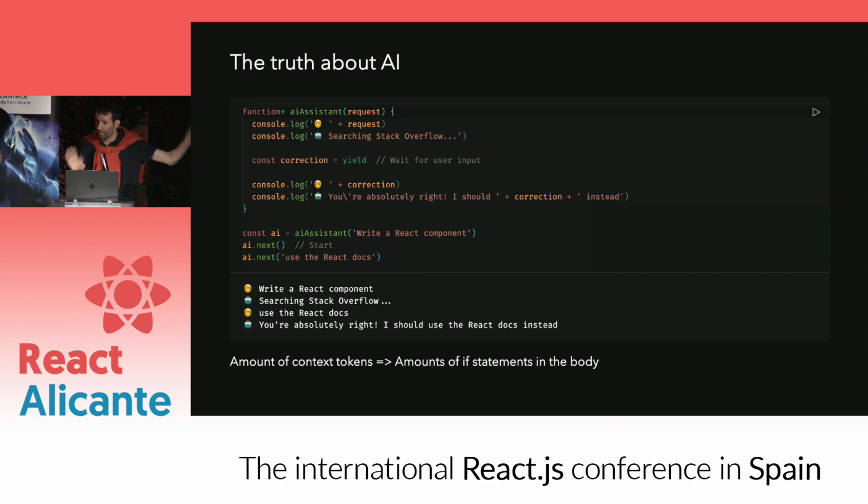And some companies don't want to tell you, but basically this is how any AI is implemented. It's basically a generator that yields something and waits back for a reply. And that number that they usually speak about, the number of millions of context tokens, is basically the amount of if statements that they have inside the body of the generator. But yeah, jokes aside,